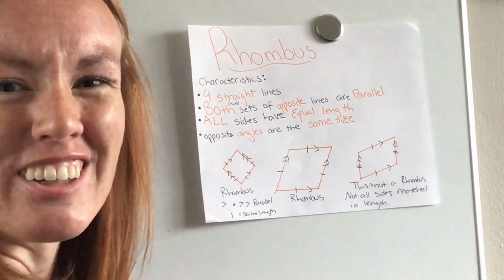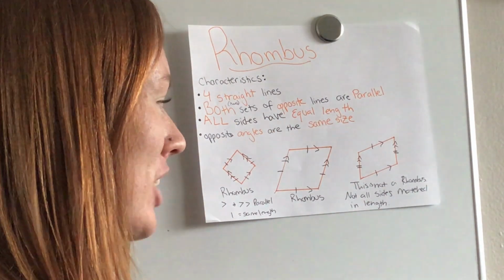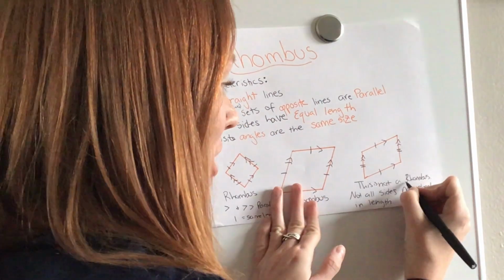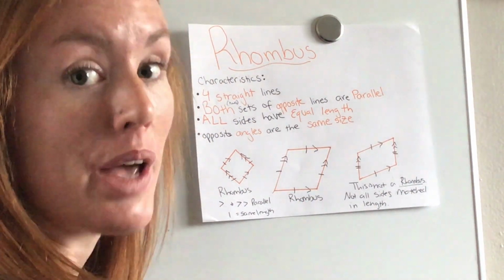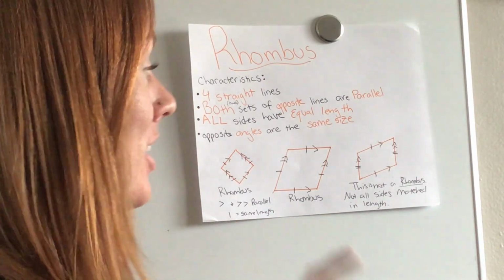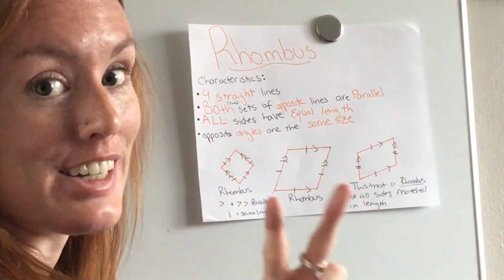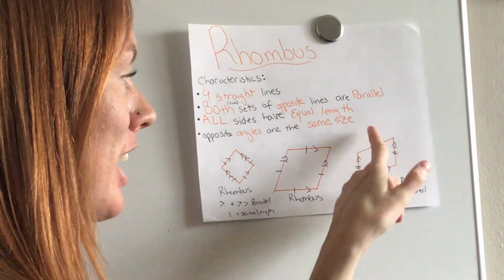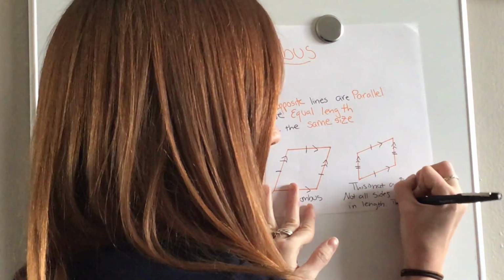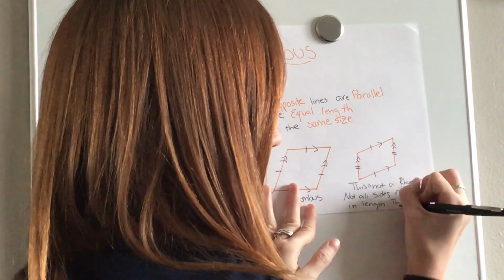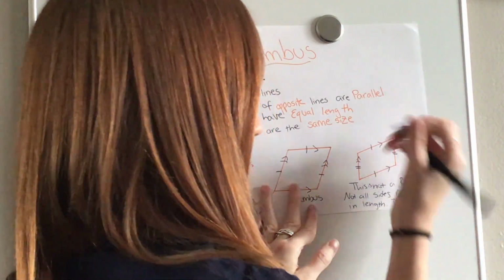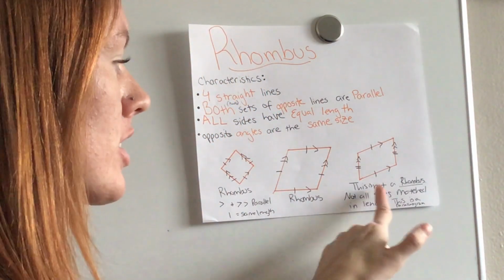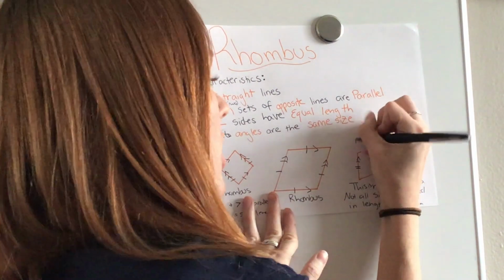But what is it then? Not all sides match in length, so it's not a rhombus. But it is a parallelogram because it has two sets of parallel sides and opposite sides match in length. This is a parallelogram. I don't want to cross it off because it's a good example of a parallelogram, but I'm going to put not